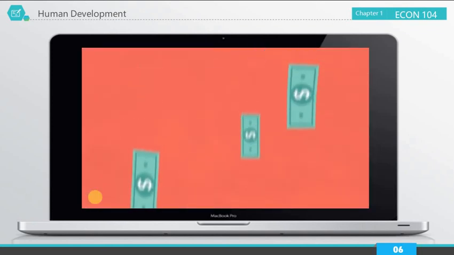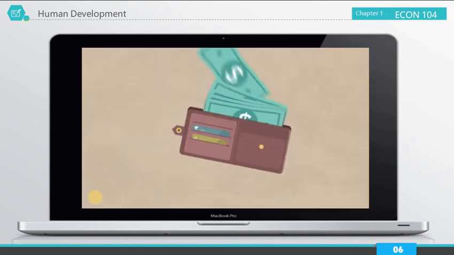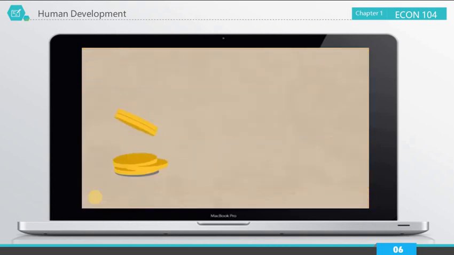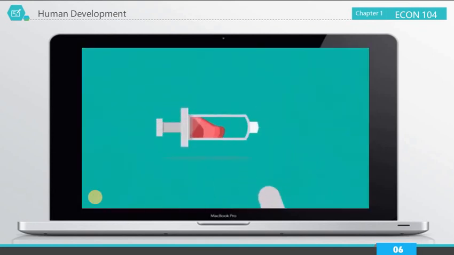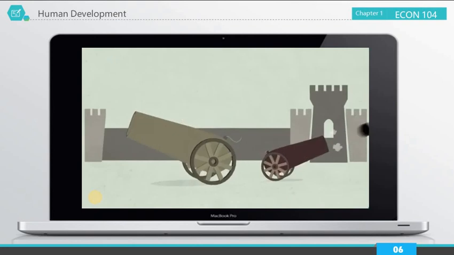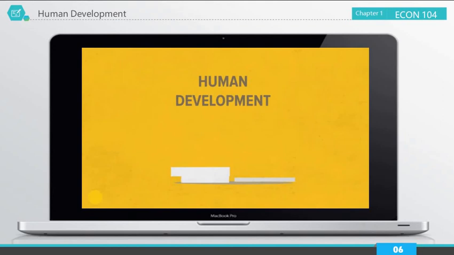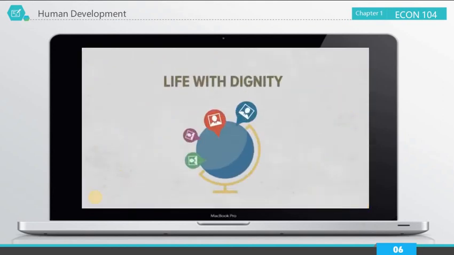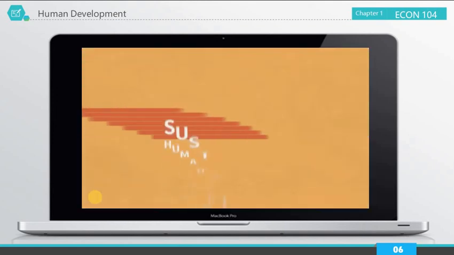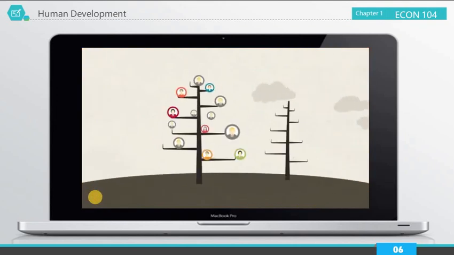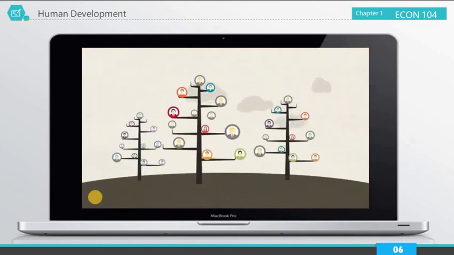Furthermore, development does not concentrate on the amount of money a person gets, but on how much is invested in people. For example, money can be used for medicine purchase, but also for the purchase of narcotic substances. Money can be used for military equipment, but also for construction of schools. Human development fights inequalities and promotes a life with dignity for all people worldwide, regardless of their origin, gender, and skin color. Sustainable human development means the creation of the same opportunities for next generations who have the same rights as their parents for a dignified life.